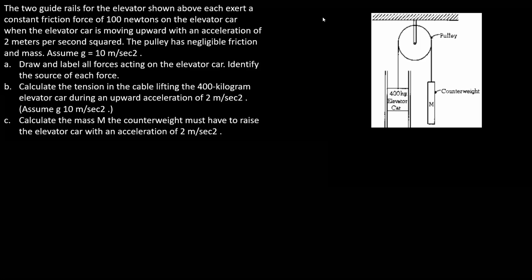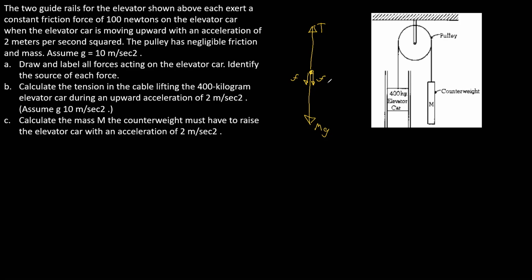So what we would have is gravity. We would have tension. And then also, if this is being pulled up, we have two forces of friction. And this is where people screw it up. It says the two guide rails on the elevator shown each exert a frictional force of 100 newtons on the elevator car while it is moving upward. So each means two forces of friction, and friction acts opposite of motion, so it would be down. Identifying the source, the tension would be from the cable, gravity would be from the earth, and friction would be